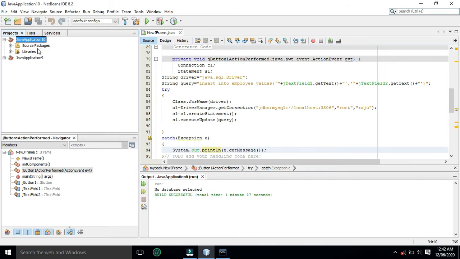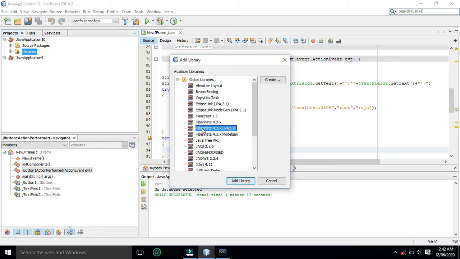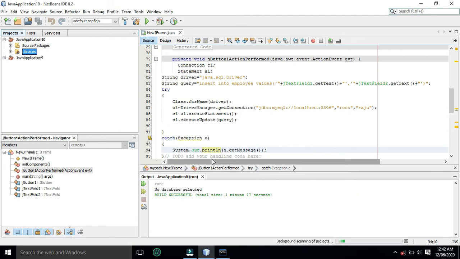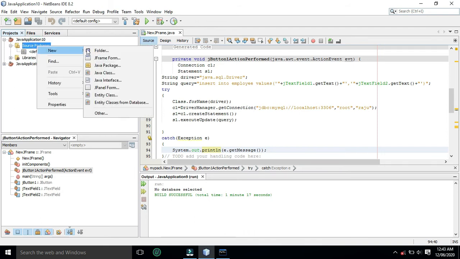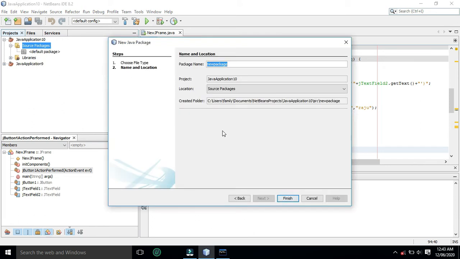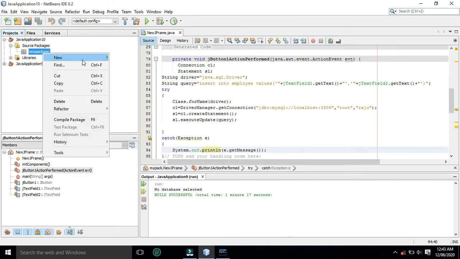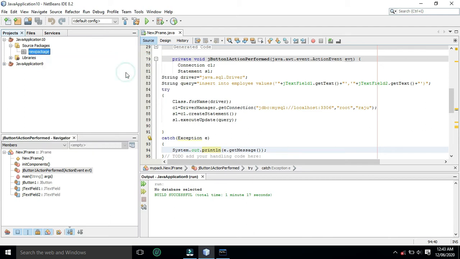So right click on library folder, click on add library, select MySQL driver. Fine. Now click on source packages, right click on it, click on new, click on Java package, create a new package, then click on finish button, then create a new class, right click on new package, click on JFrame form, then click on finish.